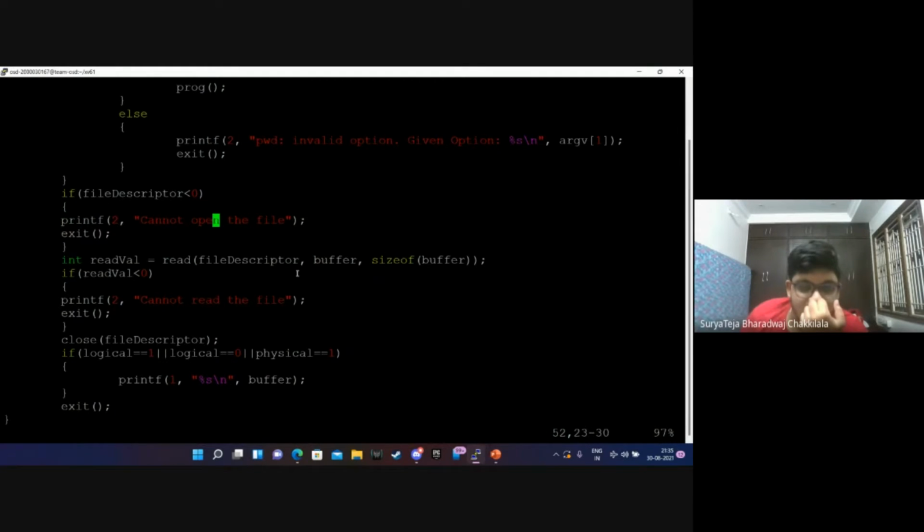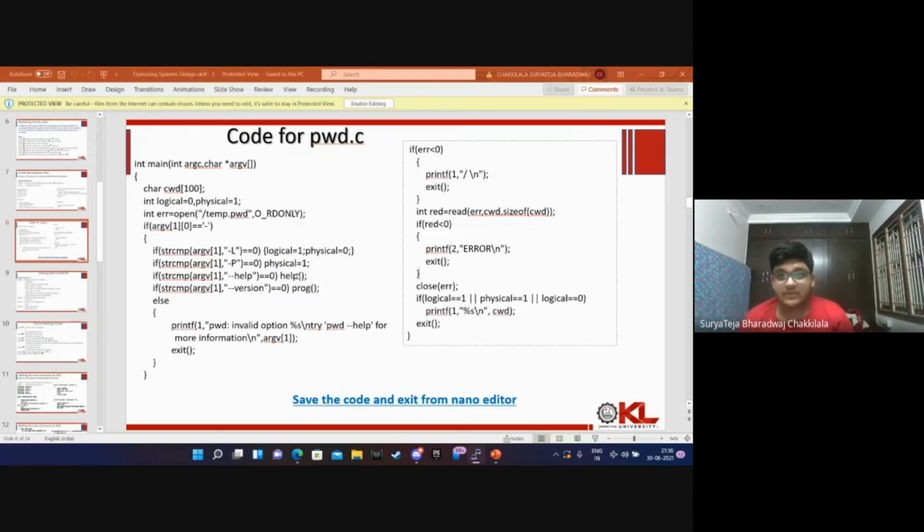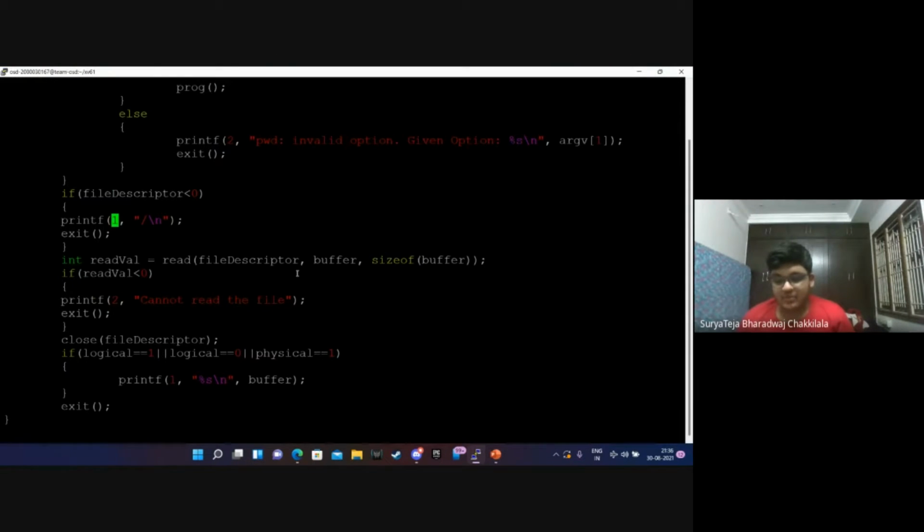It cannot open because there's nothing in it, as this is a clean image of xv6, and as of now we don't have much knowledge about it. So we'll be writing a slash with backslash and one. I think that's the whole purpose here.